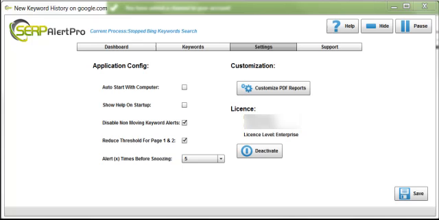In this video, we're going to look at the Settings tab on the Serp Alert Pro application. Depending on what level you have, if you have the enterprise level, you'll also have this customized PDF reports that I'll go into. But firstly, if we just look at the application config, if you do the auto start with